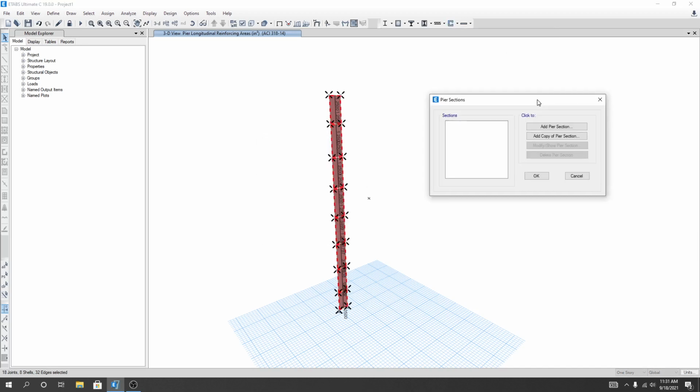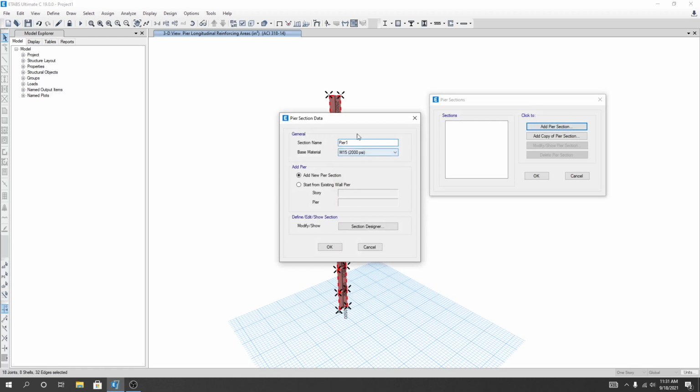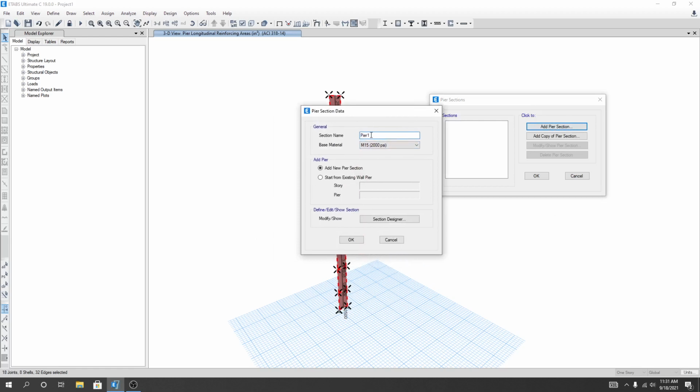I'll click here and add pier section, and from here our pier 1, I'll provide its name, pier 1, and this is our material, and from here add pier from where. Okay, so I will add pier for which story actually I will assign the pier. Okay, so you have to select that. Okay, start from existing wall pier, start from existing wall pier. Okay, so here our pier 1,